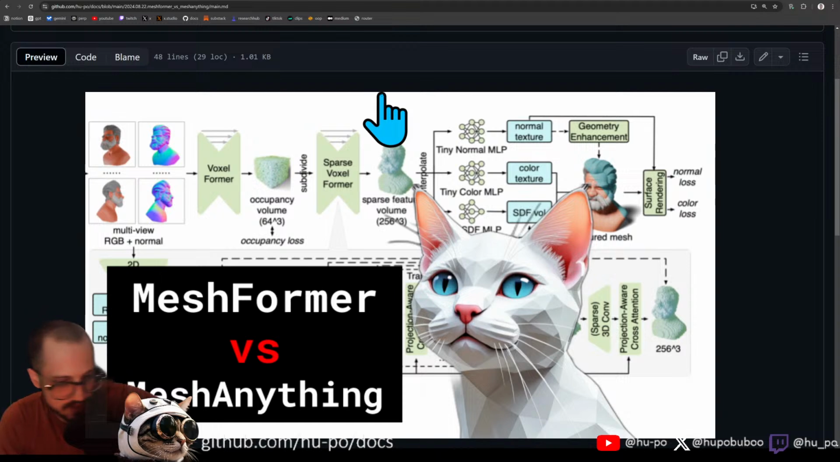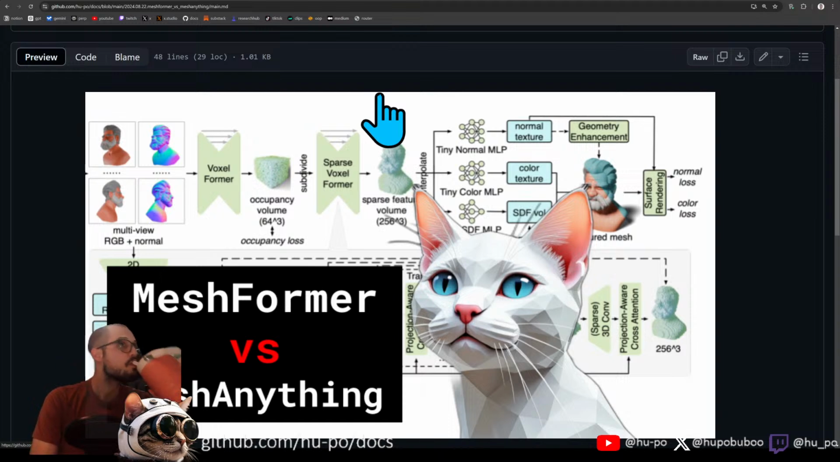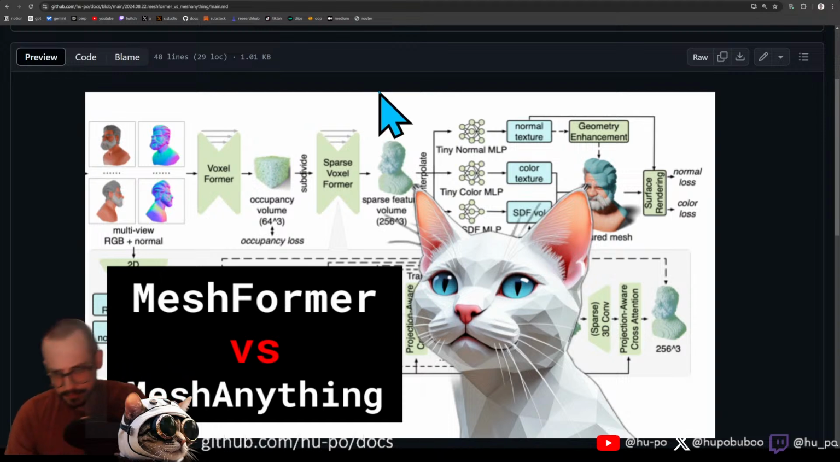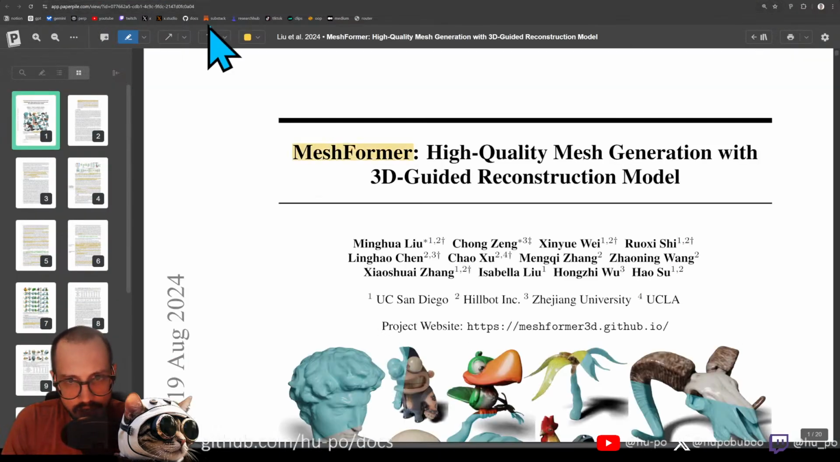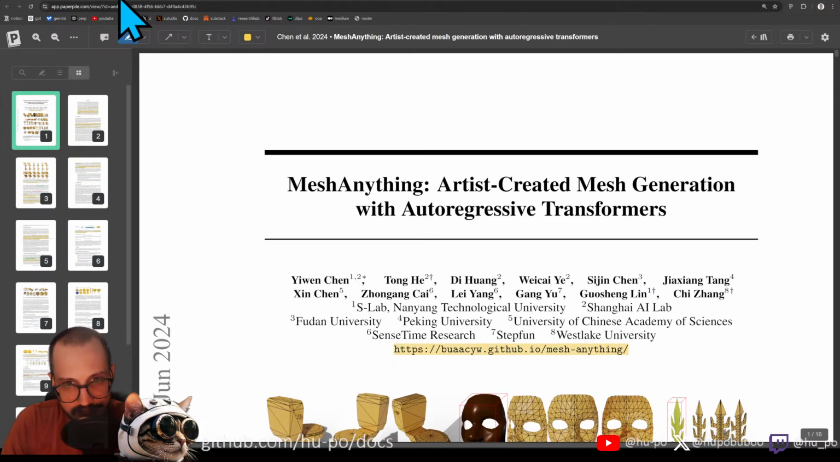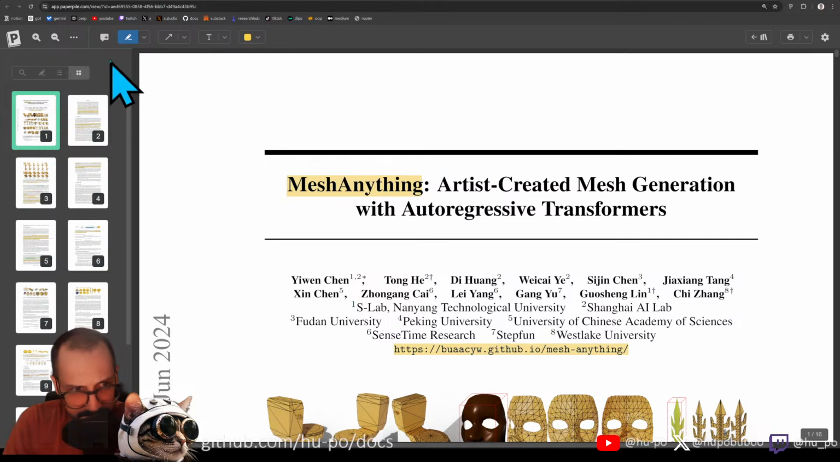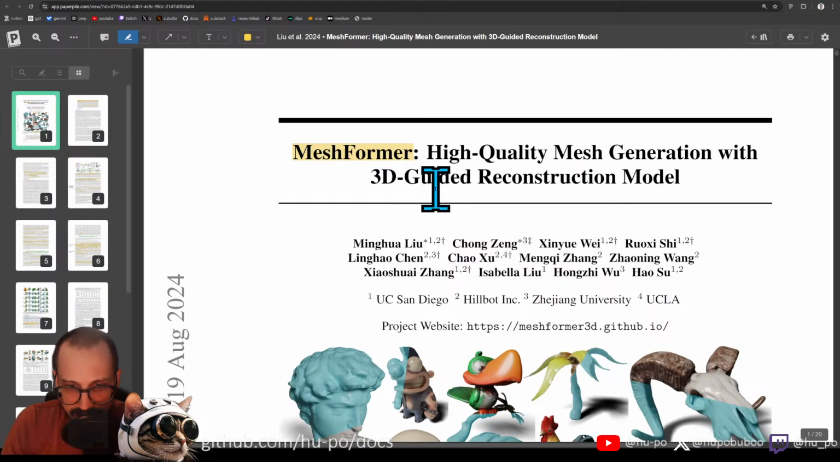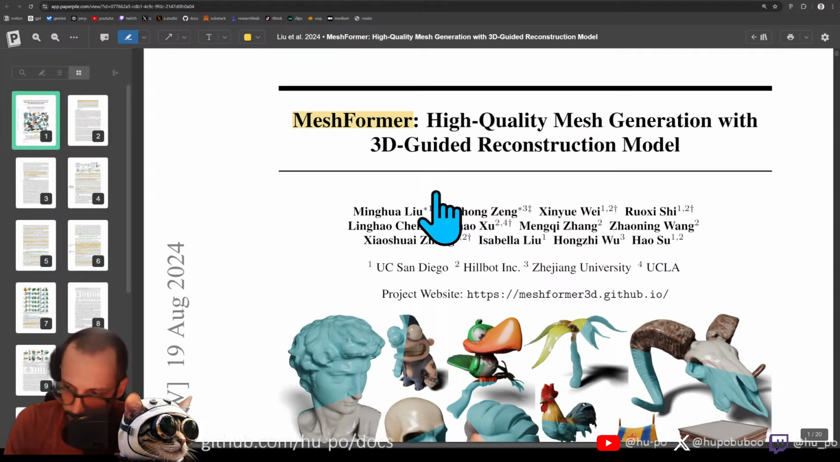Let me just summarize this. I don't know what else to add, so I think I'm just going to summarize this and end it. All right. So today's stream was called MeshFormer versus MeshAnything, and it started off with a comparison between these two different ways of generating meshes. So we have a paper called MeshFormer and a paper called MeshAnything. And MeshFormer is, I think, representative of your bleeding edge